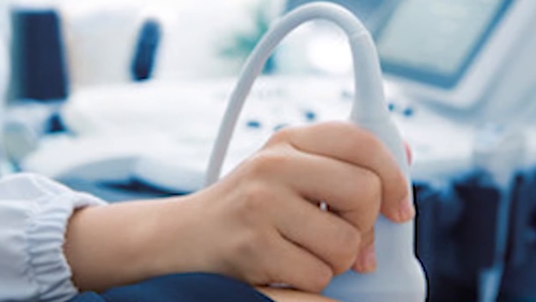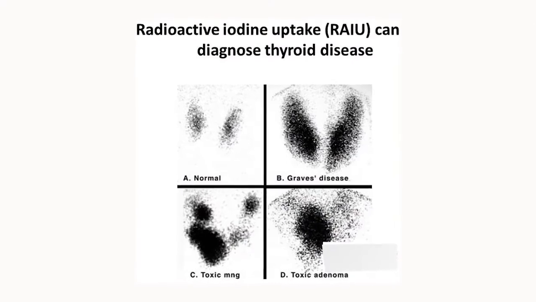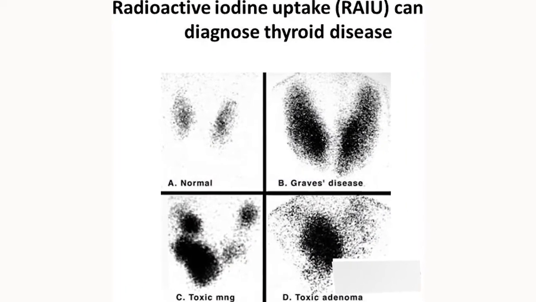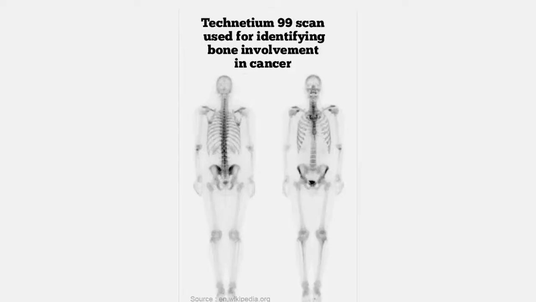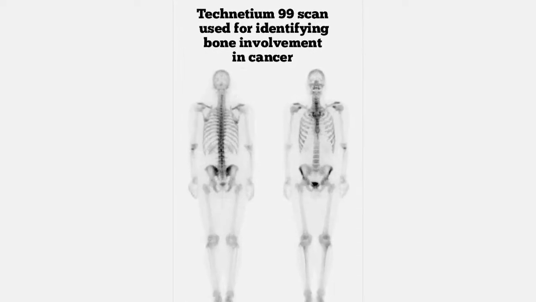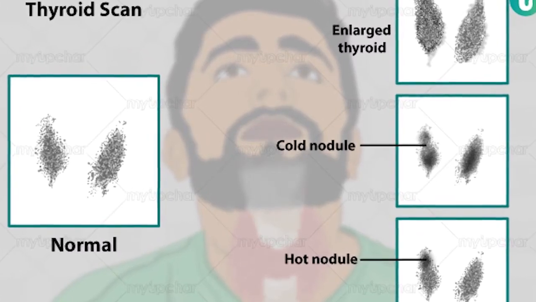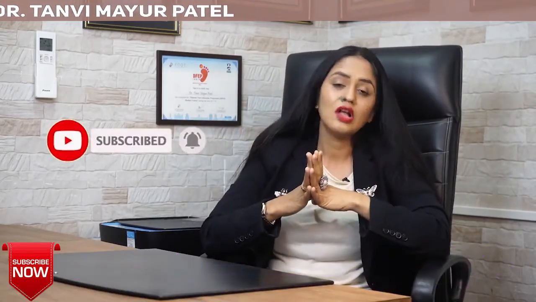We also ask you to do a specialized kind of scan called a radioactive iodine scan. In this scan, we mainly use radioactive dyes, and the one we mainly use is called a 99m pertechnetate scan, or we also call it a thyroid scan. By the way, what is a thyroid scan? I have made a detailed video on that. If you want, you can watch that video to find out about that scan. So we do this kind of scan also.